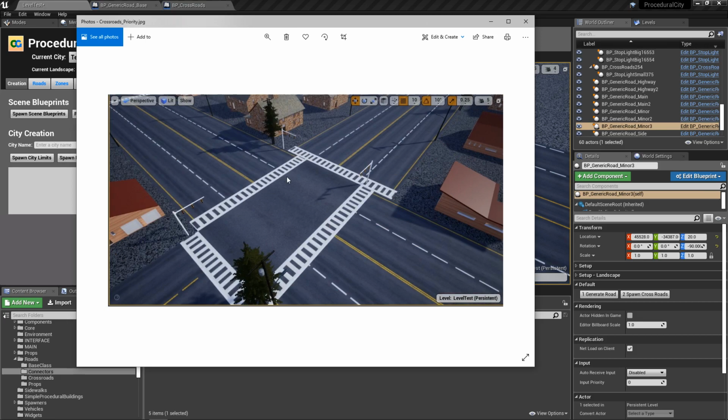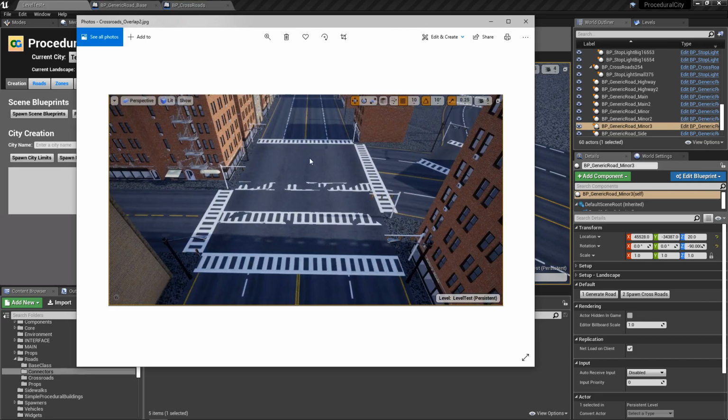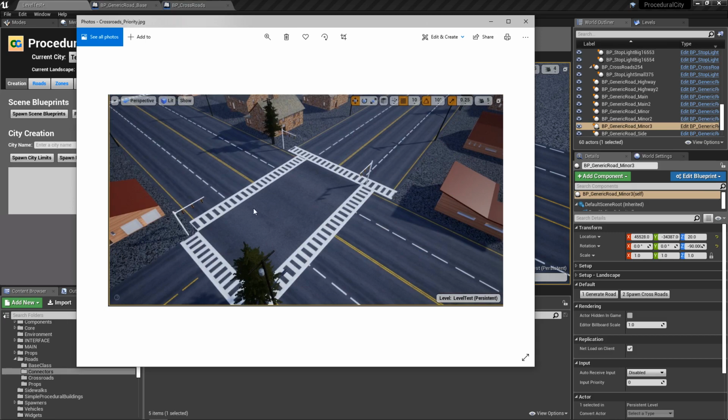So you can see here, there's an issue with overlapping. So I had to do traces to see if there was another crossroad before spawning it, and then what to do. And then you get another issue like this, where you have this road, which is smaller, spawn the crossroads which matches this road, but then a bigger road comes and spawns these little lines here, but that doesn't look